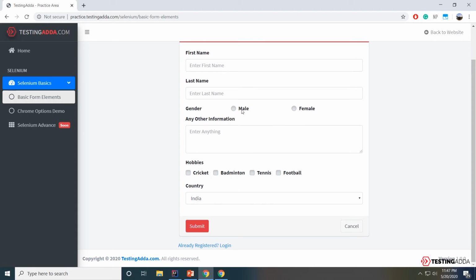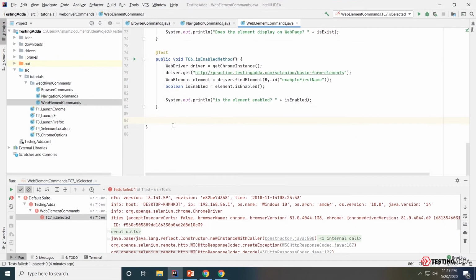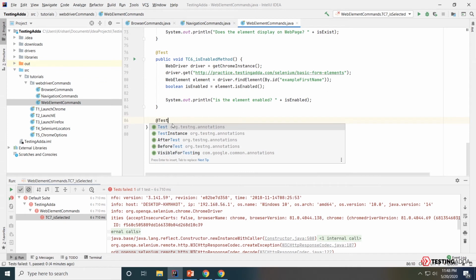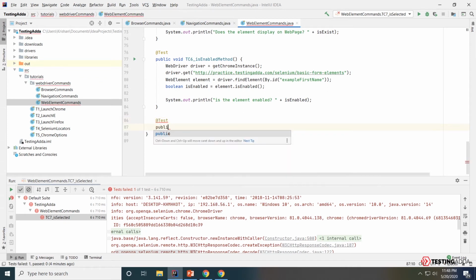What we are going to do is open this page, select this male radio button, and then verify isSelected for both of these elements, so female and male. By this we'll be able to get a result, one as true for isSelected and one as false, so that we can verify both the scenarios side by side. Let's go back to our IntelliJ and create a method, test public void